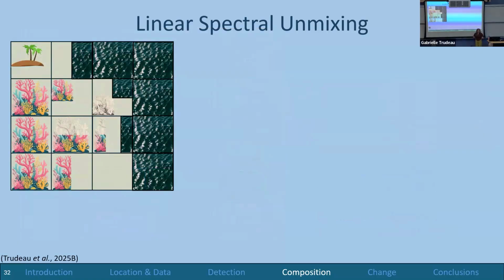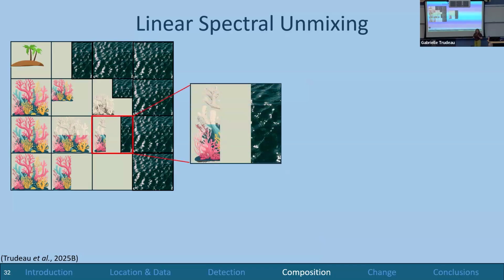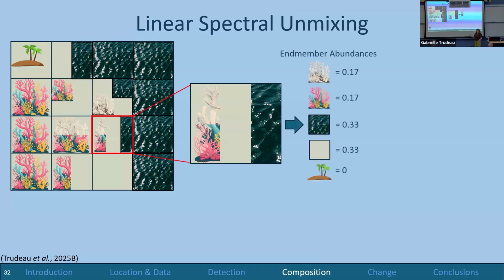So linear spectral unmixing allows us to decompose all of our pixels into a linear combination of the benthic classes in that photo. So just to kind of walk you through how this works, I'm taking this super realistic image of the seafloor. Bear with me. We have land in the top left-hand corner. We have some water, deep water on the right. These colorful corals are our live corals. The bleached out corals here are our dead corals. And then there's kind of that sandy color in the middle. So if we take one of these pixels, spectral unmixing allows us to create something that looks a little bit like this.